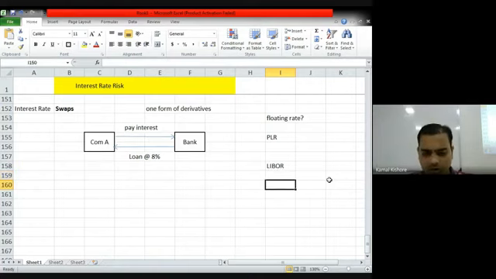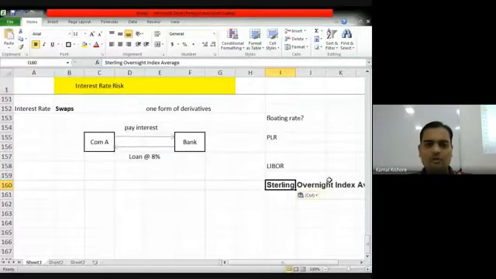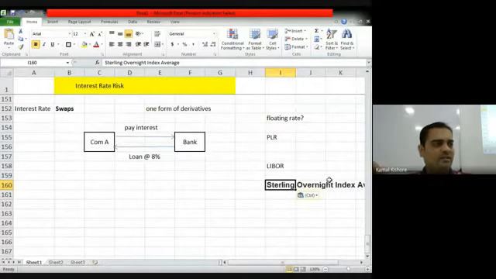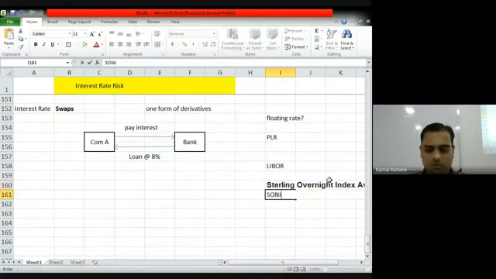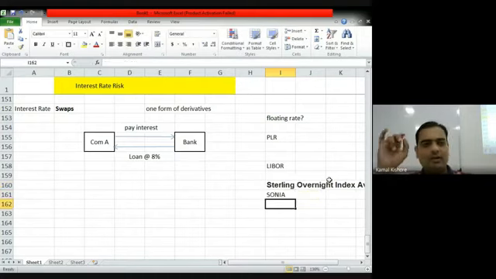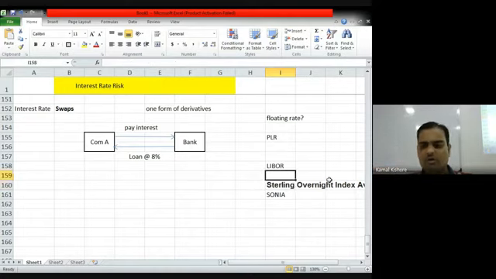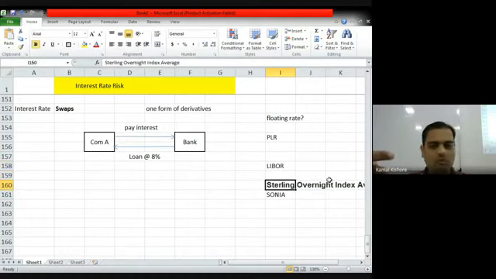Now LIBOR is moving out. There is something called the Sterling Overnight Index Average, short form SONIA, which is replacing LIBOR. Both are the same, it is just that the way LIBOR is determined and the way this is determined is different. So this will become the benchmark rate in some time. I'm not very sure whether